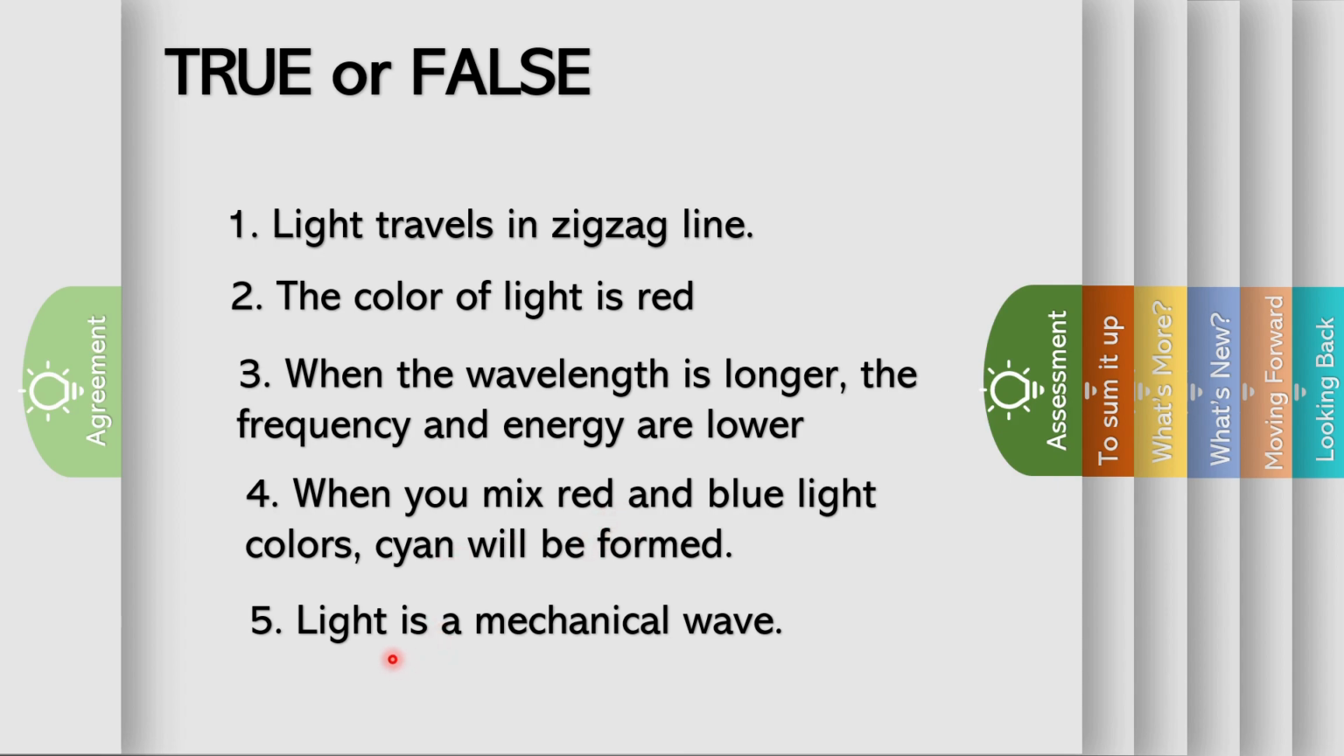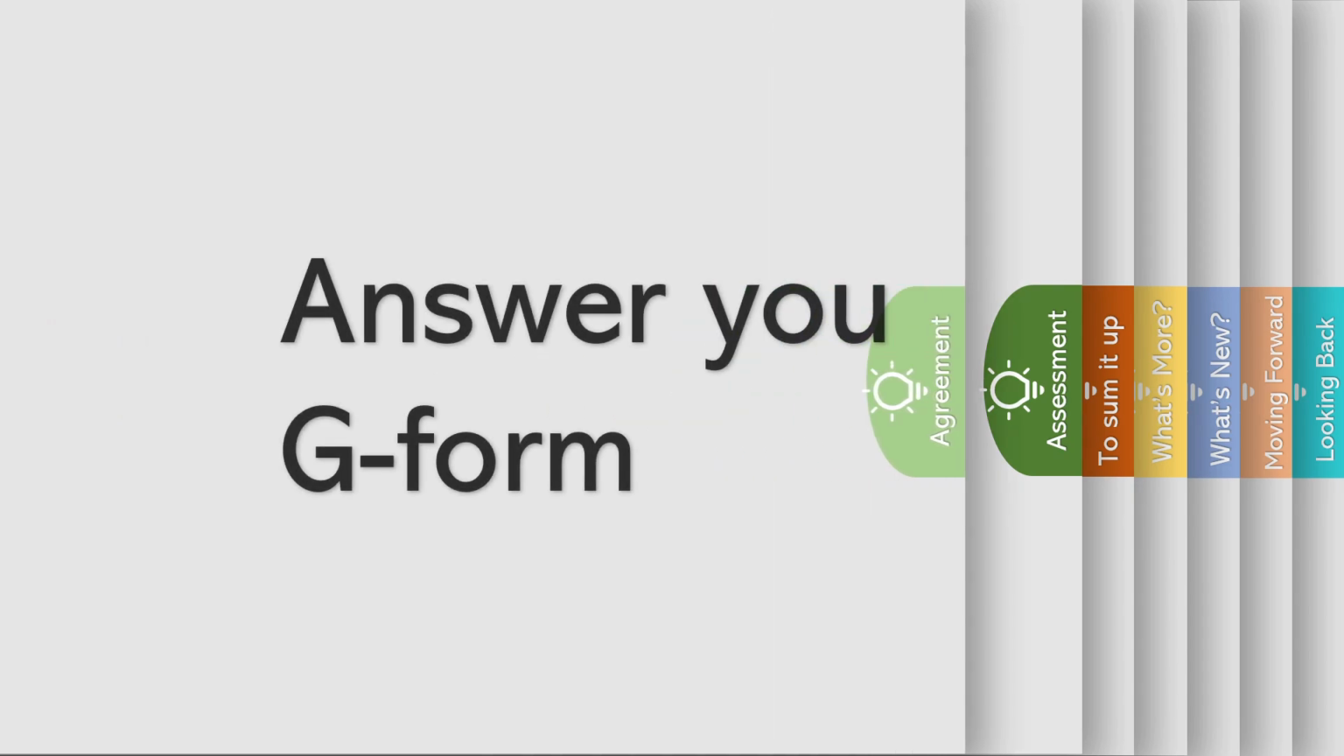Next. Light is a mechanical wave. Somewhat confusing to you, but light is an electromagnetic wave. Hindi siya mechanical wave. Kasi pag mechanical wave, ibig sabihin may kailangan siyang daanan or meron siya pinagdadaluyan. Pero ang light po wala. Light is just an electromagnetic wave kasi wala siyang pinagdadaluyan. Okay? So next,